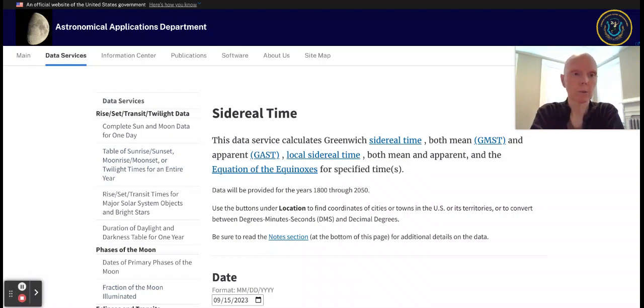I'm not a lawyer, so I'm not giving legal advice, but my understanding is government tools are public domain, especially if they're online tools. So if you have questions about that, you can do your own research and find out what's true and not true. But the reason that I'm looking for public domain tools is